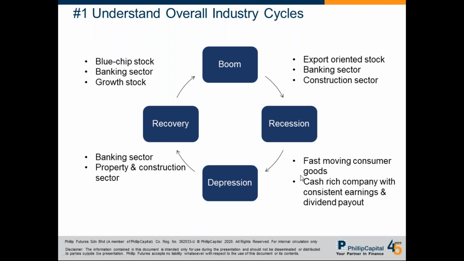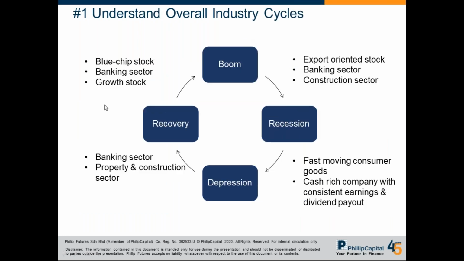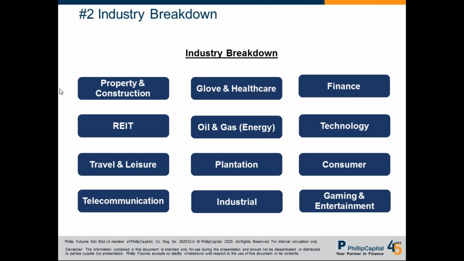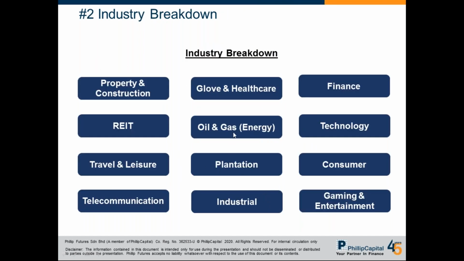But before that, let's look at tip number 2 first, which is industry breakdown. Like I mentioned, we break down all the industries into different sectors. From here, we can try to plug into this chart based on the industry cycle. So you plug in which industry is going to benefit from that cycle. Now, after we put all this industry breakdown in, we need to verify whether our decision or our thought is correct. Do REITs really benefit from the current cycle?